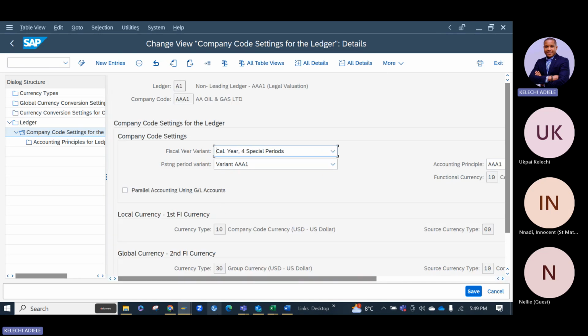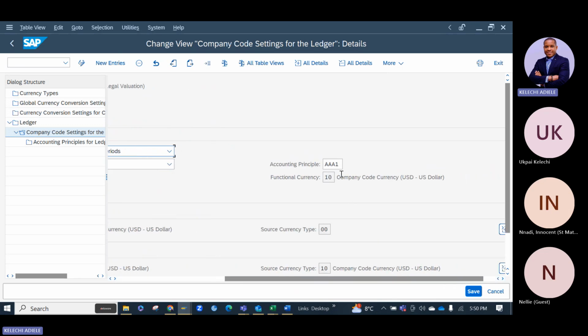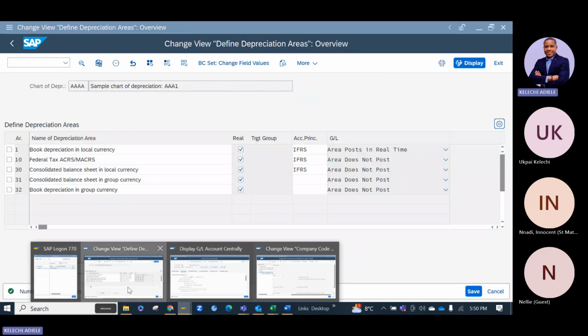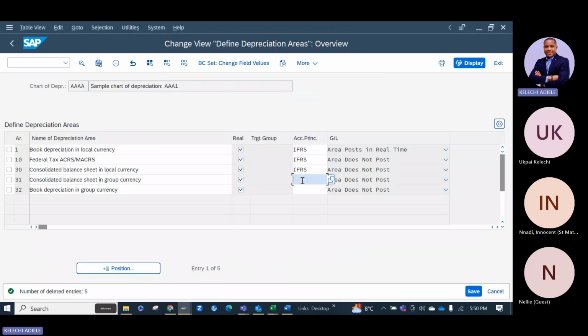The first one we did was for the leading ledger. That's 0L. This one is for the non-leading ledger. So I'm going to copy this and come to my chart of depreciation, put the non-leading ledger here and here. Now,